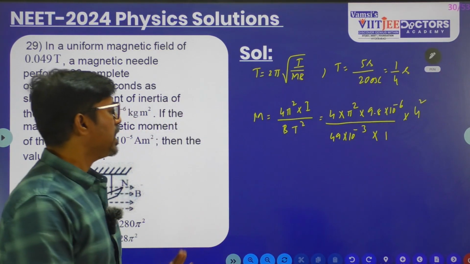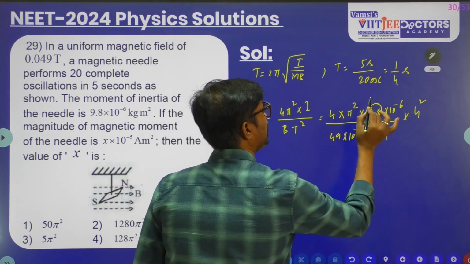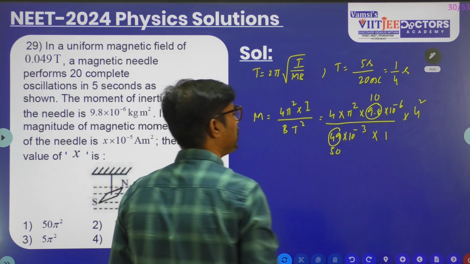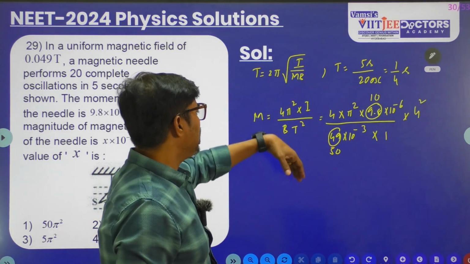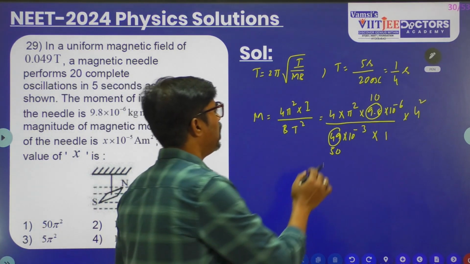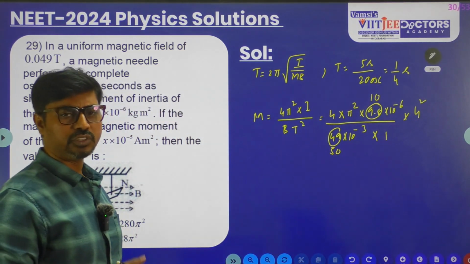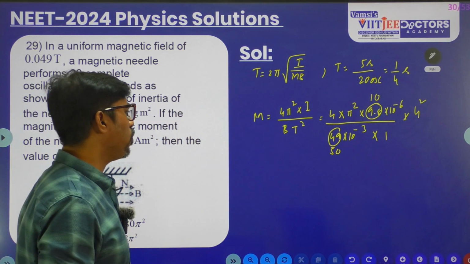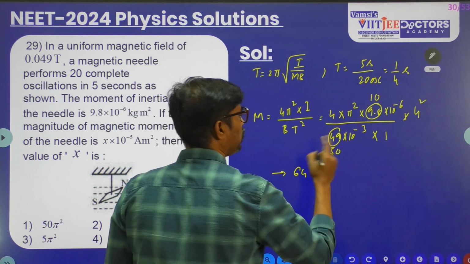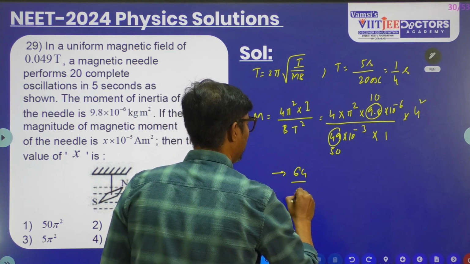So let us not do the calculations very accurately. You can take 9.8 as approximately 10. 49 is approximately 50. So that one is up rounding and this is also up rounding. Overall, they'll balance out. Then you have 4 into 4 squared. 4 4s are 16, 16 4s are 64. So you will get 64 there divided by 50 at the bottom